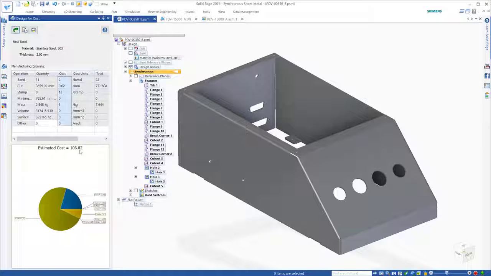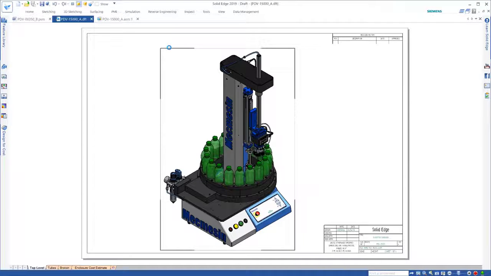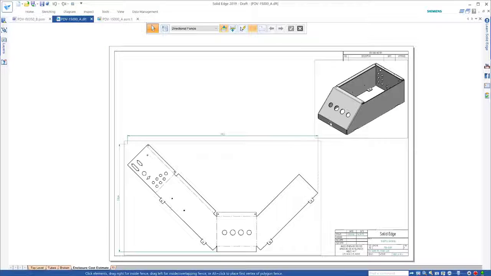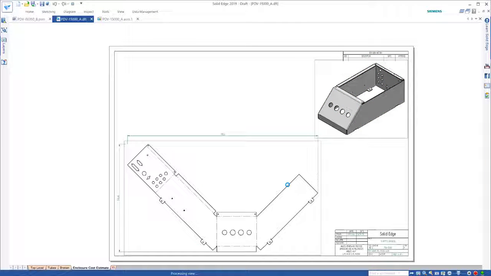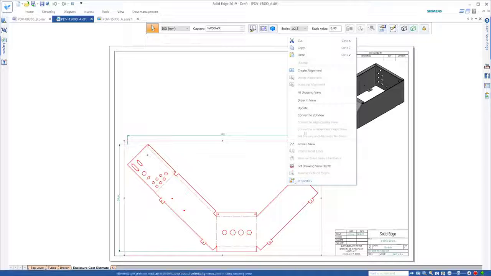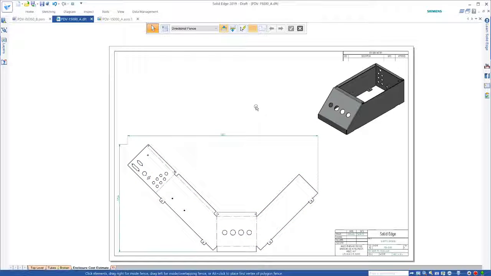With Solid Edge Design for Cost tracking impacts of our design changes, we can see that our part is now meeting the new requirements, and we're within budget. Solid Edge Design for Cost provides users with an accurate cost estimate of materials and manufacturing processes for their designs. This can be an invaluable tool, from speeding sales quotes, negotiations with manufacturing facilities, to accurately staying within budget constraints